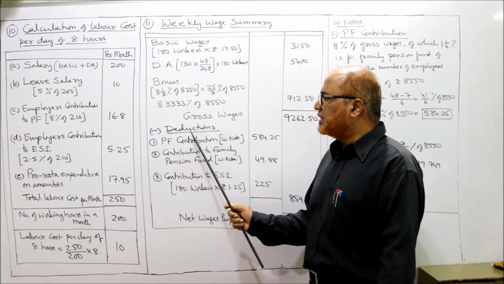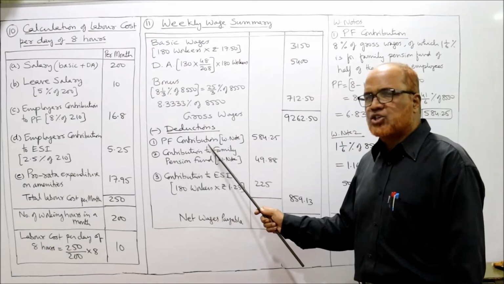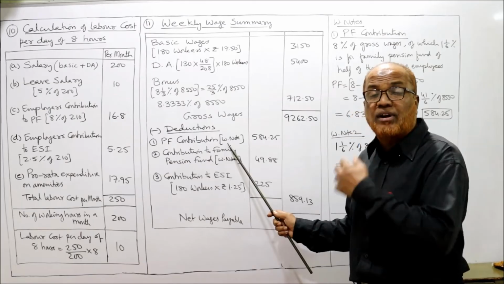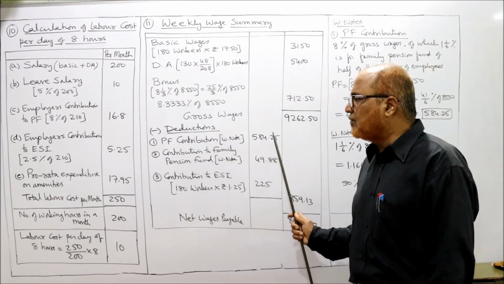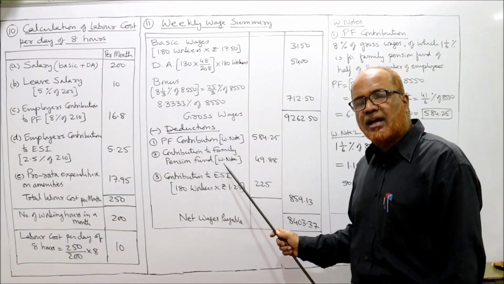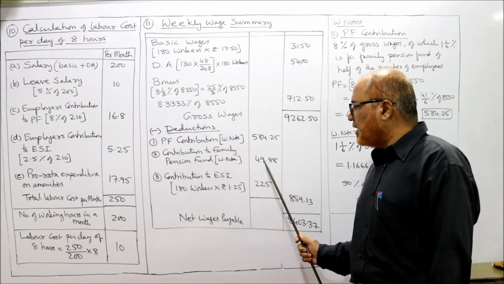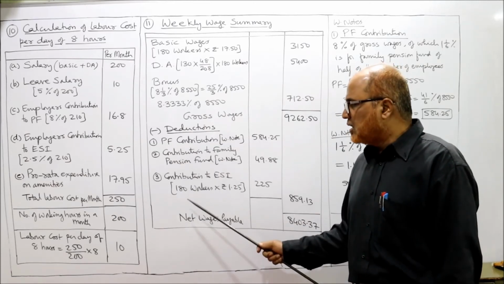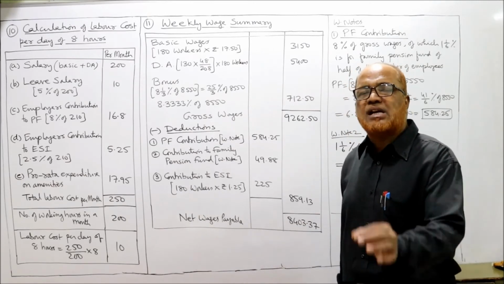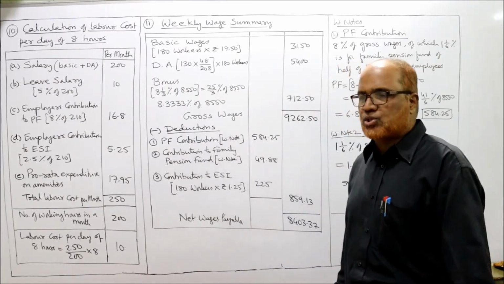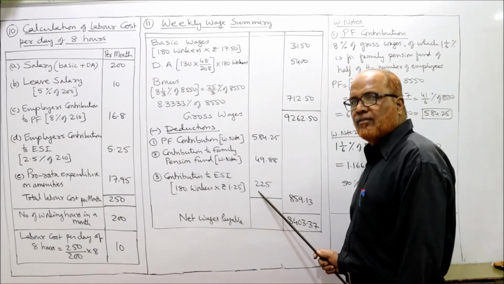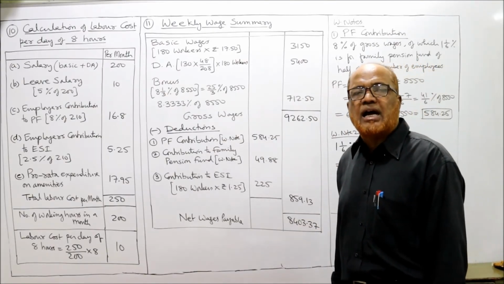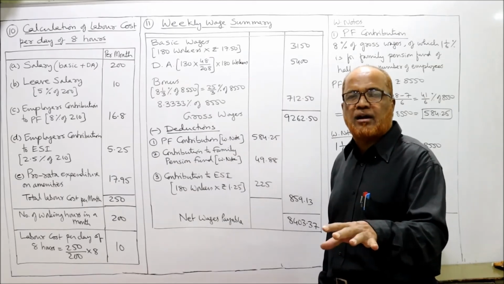From gross wages, we make the deductions. First, Provident Fund deduction. Working note. In working note, I'll give the complete explanation regarding Provident Fund contribution. It comes to 584.25. Contribution to Family Pension Fund. Again, working note, we have to make the calculations. It comes to 49.88. Contribution to ESI, Employee State Insurance. So 180 workers into 1 rupee 25 paisa, directly given in the problem. No need of any calculations. Multiply 180 into 1.25, 225. If you take the total of these three, 859.13 is the total deductions the employer will make from the wages